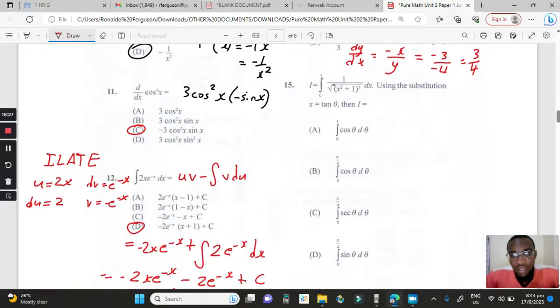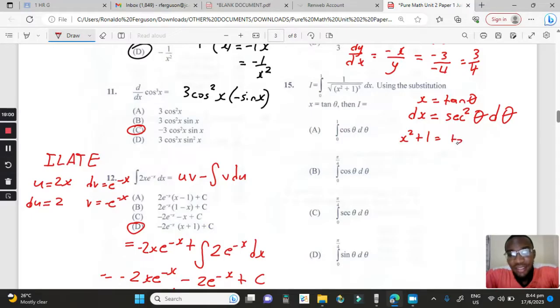Number 15. They say using the substitution x as tan theta. So if x is equal to tan theta, you're going to need to find your dx. When you differentiate tan, you're going to get sec squared theta d theta. At the same time, we have to remember that in the denominator, they have x squared plus 1. So x squared plus 1, you have to bear in mind, is tan squared theta plus 1, which is sec squared theta. And we're also going to have to change the lower limit, because, remember,